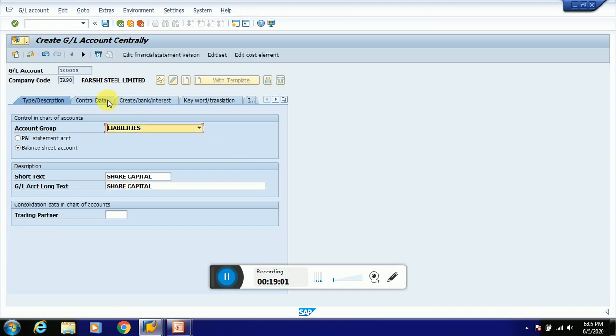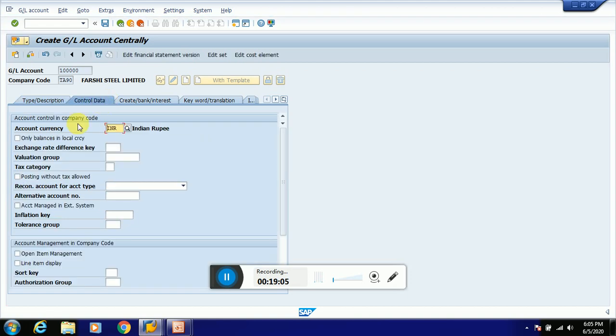Now going to the other tab. The account currency is automatically taken by the system, which is INR, the local currency. If we want, we can change to any other currency as per the requirement of the business. Now click on only balance in local currency.